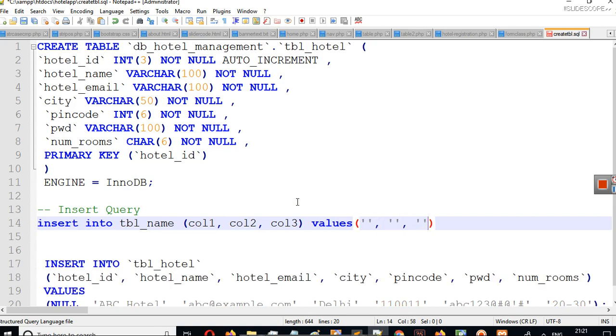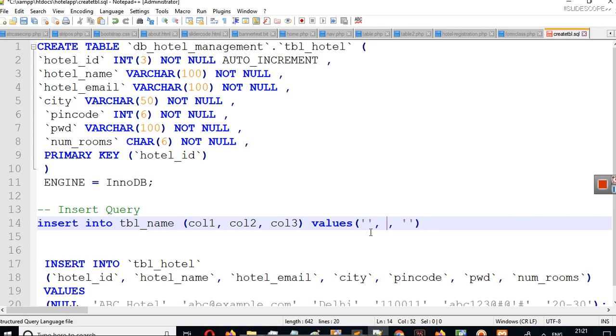Now you have to remember one thing very closely. For column 1, column 2 and column 3 we will enter respective values in the same order. If your values are numeric, for numeric values we should not use these single inverted commas.